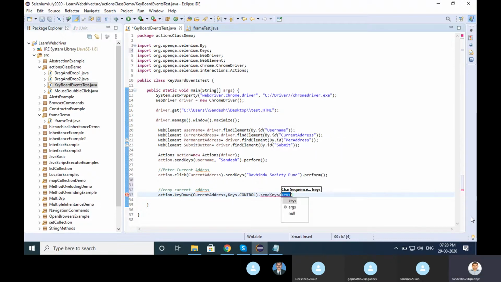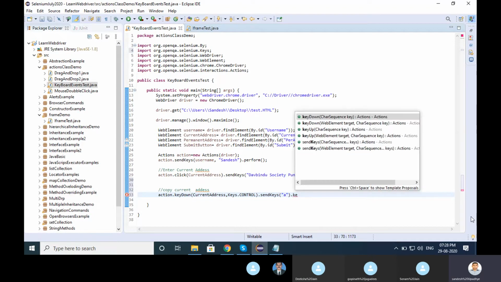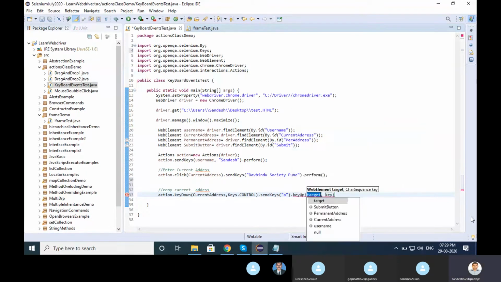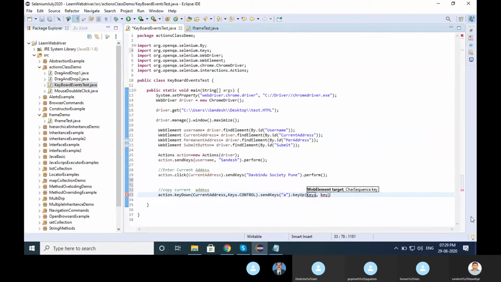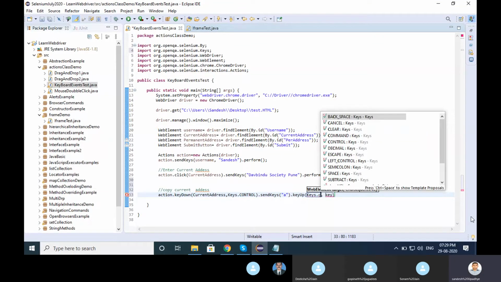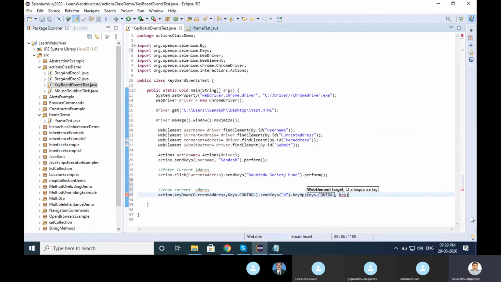And key, I want to pass a button dot keys up, keys dot control, and then actions.